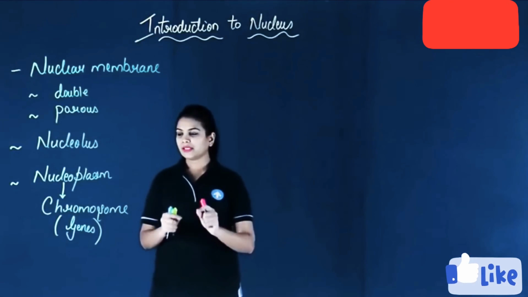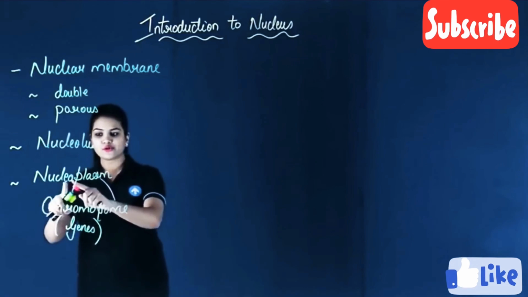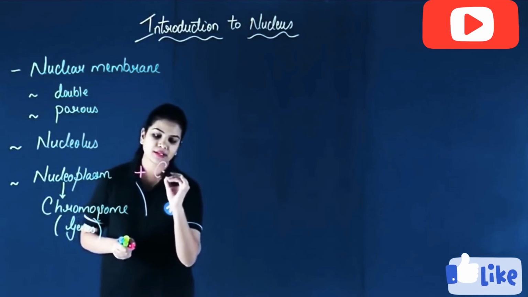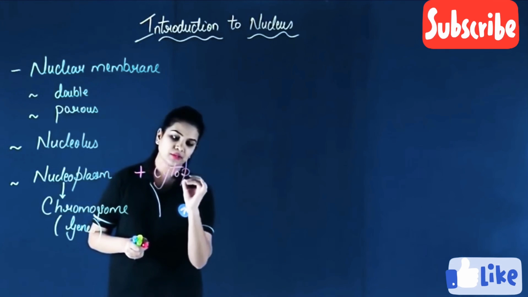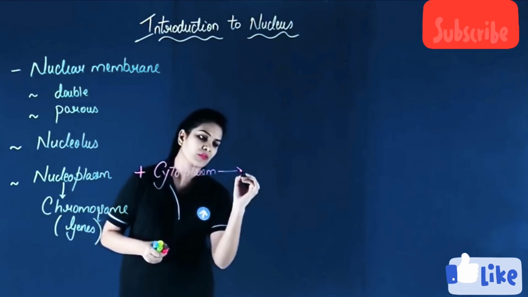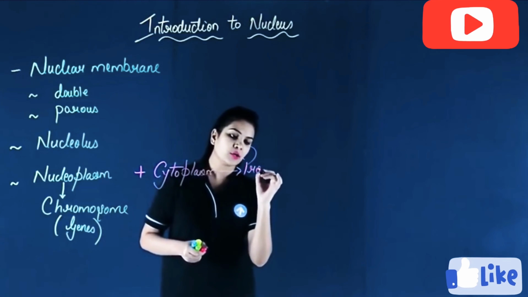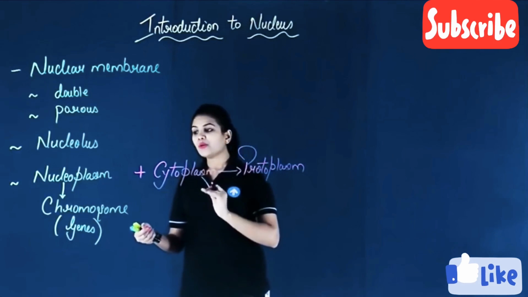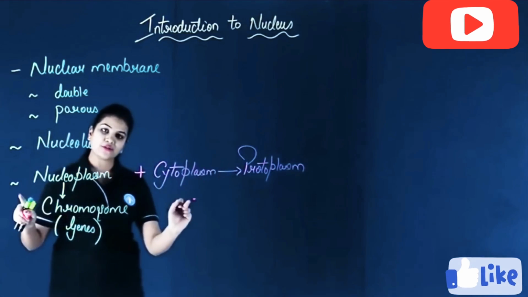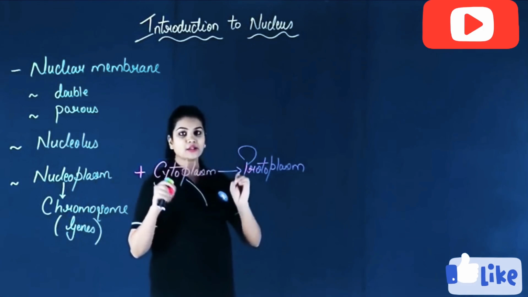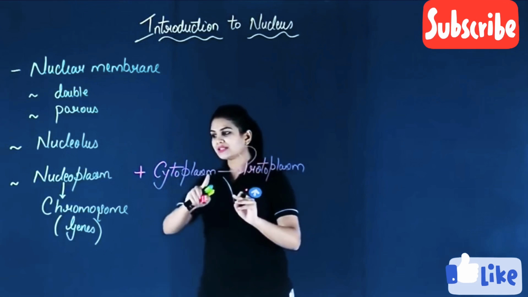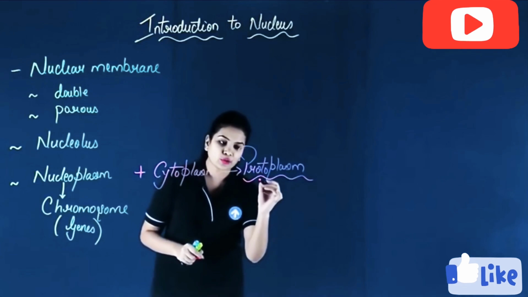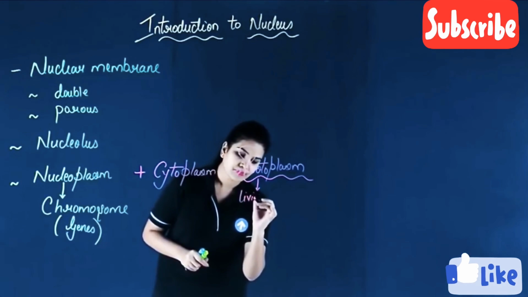Now one very important thing here is that the inner content of the nucleus, which we are calling nucleoplasm, this nucleoplasm along with cytoplasm, they have got a name which is called protoplasm. It is called protoplasm. So what does that mean and why do we have to mix them? Well, here we are seeing that nucleoplasm and cytoplasm together make the entire content of the cell. Okay, this is the entire liquid content of the cell and you are calling it protoplasm, where proto means living and plasm